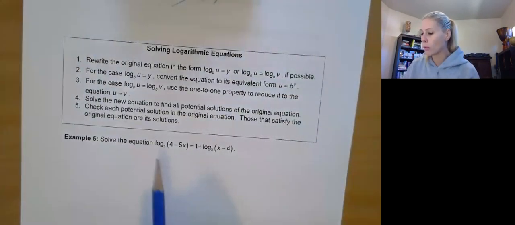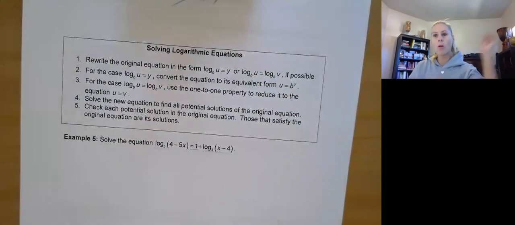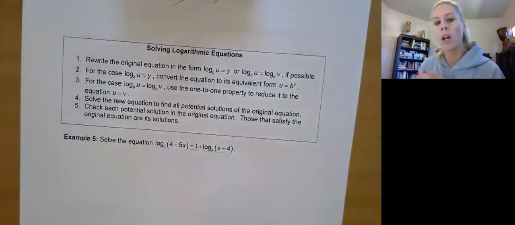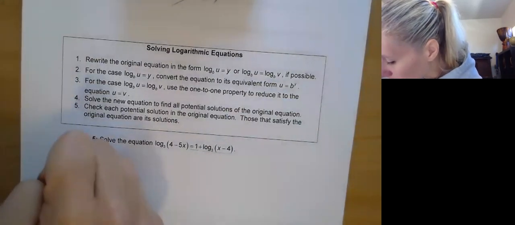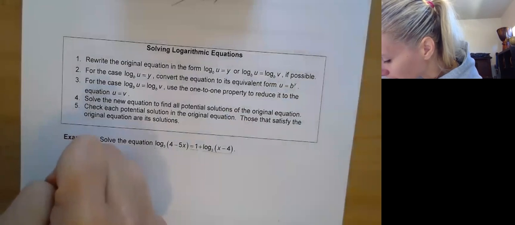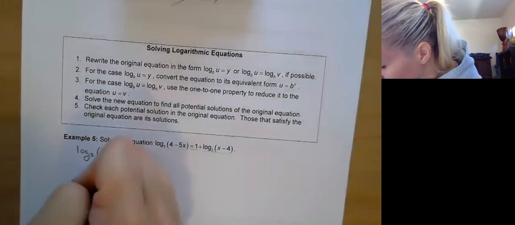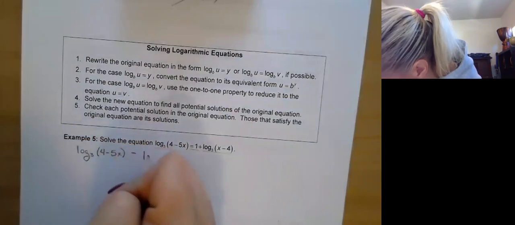So we don't have to worry about that. But in this case, we do. You see we have 3 terms and only 2 of them have log in here. So the first thing we're going to do is move the logs all on one side. So get log base 3. Don't forget to write that base in because we need that later, right? 4 minus 5x. And then we have minus log